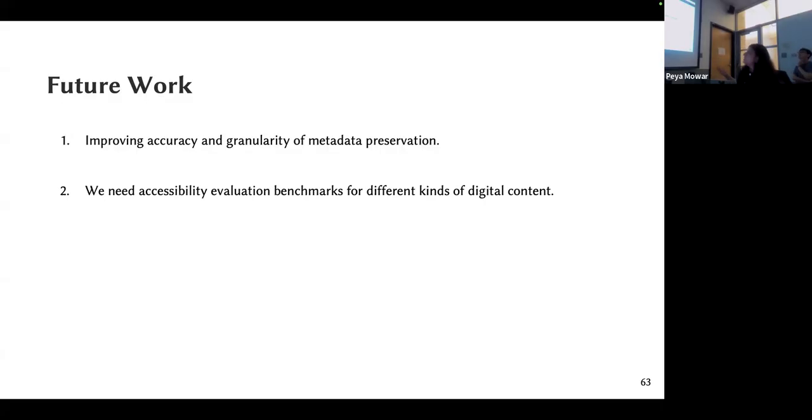So we need accessibility evaluation benchmarks for different kinds of digital content. And through the CodeAI project, we realized that silent accessibility tools might also help raise accessibility awareness in authors. So there's again an opportunity to explore their behavior longer term as authors continue to use these tools.